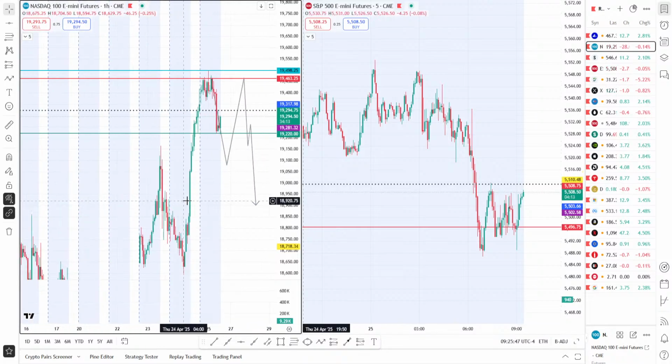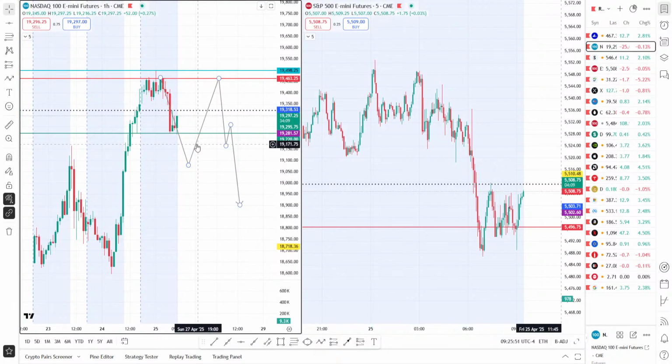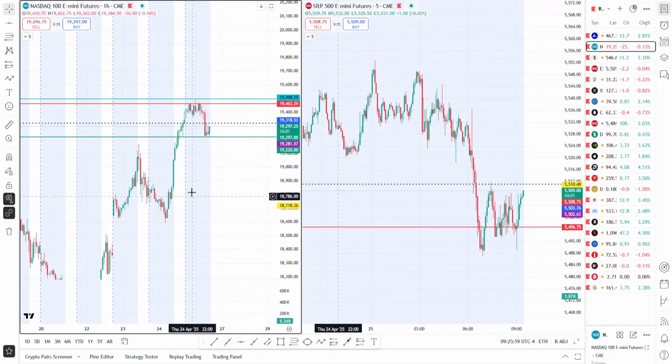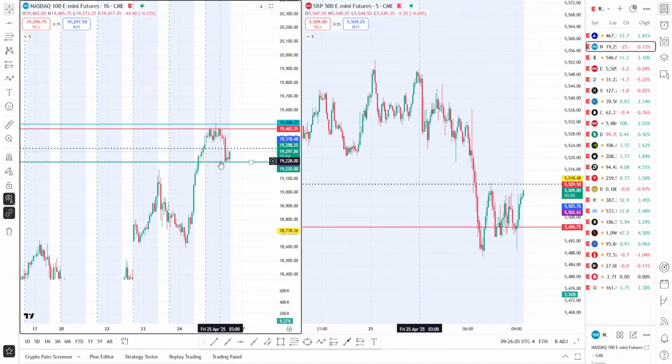So we'll have to keep in mind that yes, we are overall bullish, but we could see a retracement here today, depending on what we see as market opens here. Things might change,